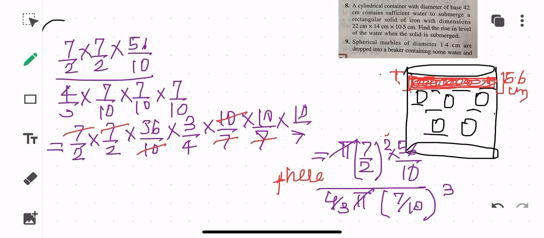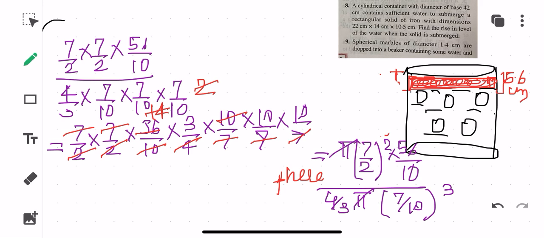If you just look into this, this is 56, children, so this goes 4 times. If you just reduce, 56 divided by 4 is, this goes how much? 14. Okay, so this goes 14, and then one of the 7 is getting cancelled, so this goes 2 times, so this also gets cancelled. So what are we left with?